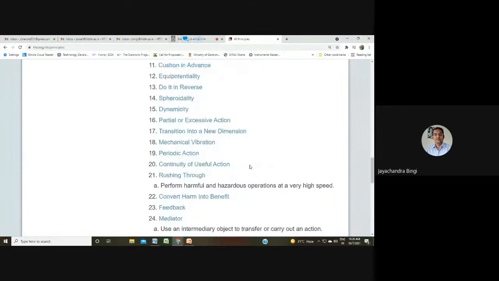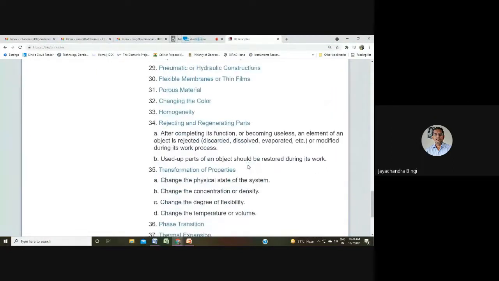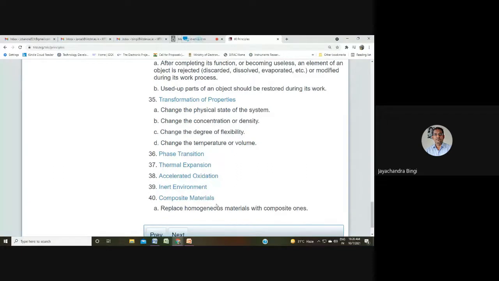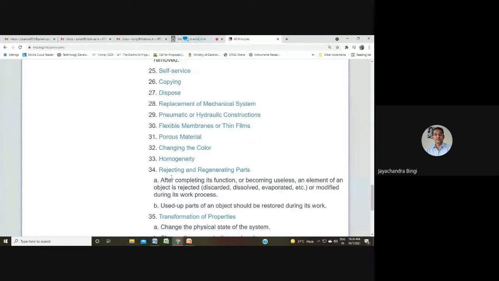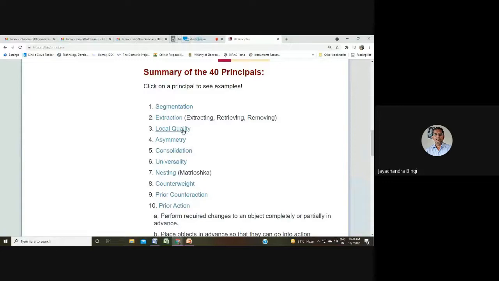One is 10, prior action. Second, 35, transformation of properties or change in properties. Third is composite materials. And fourth is rejecting or regenerating parts. Okay. So, and another thing I think